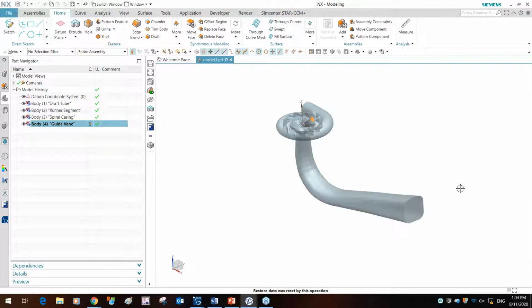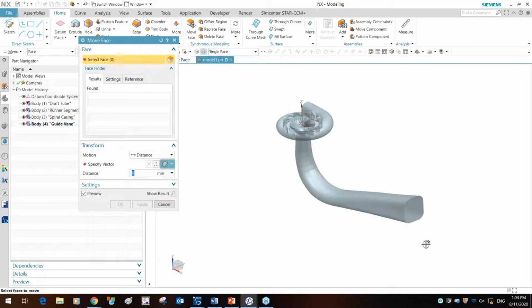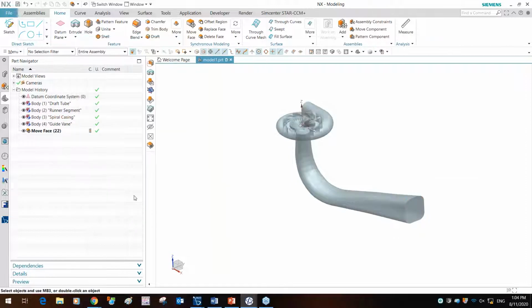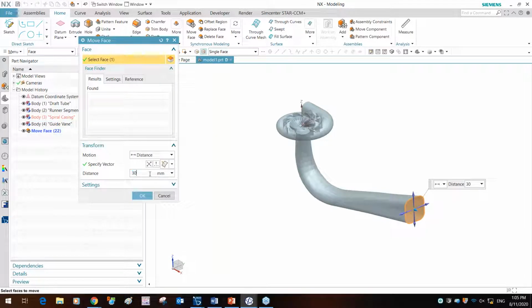One of the key features within NX is your ability to modify any dumb CAD and create a feature. For example, let's say you want to move this given face and create a parameter for it, and let's say you want to change it to 30 millimeters, and okay, what we see is that feature is saved in a history. One of the key features about this is that now we have a parameter where we can edit and modify the geometry.